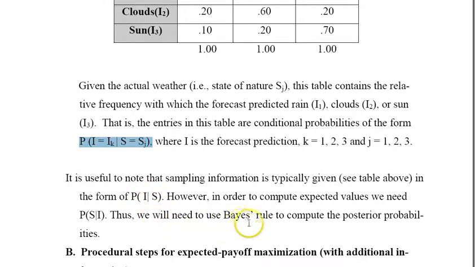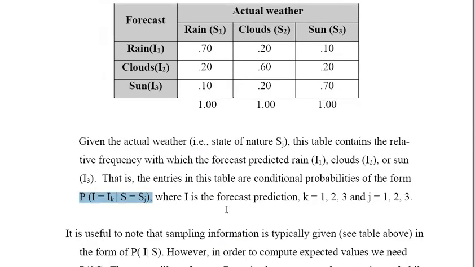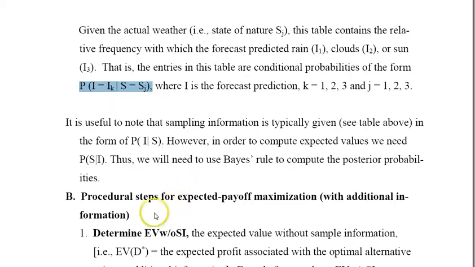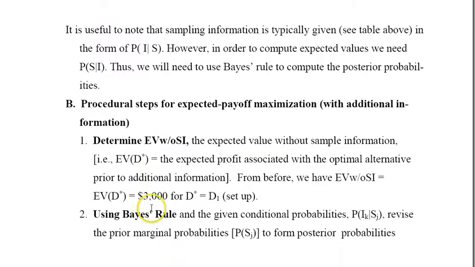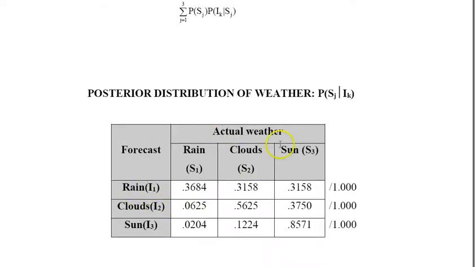So we'll need to use Bayes' rule, and I will assume for a minute that we know how to use it, and we'll compute the revised probabilities or posterior probabilities. Later I'll show you how to calculate those in a setup that would be useful for an Excel worksheet. These are called prior probabilities, and we want the posterior probabilities. Once we calculate the posterior probabilities, which are calculated here in this table, so here these are the probability of S given Ik,